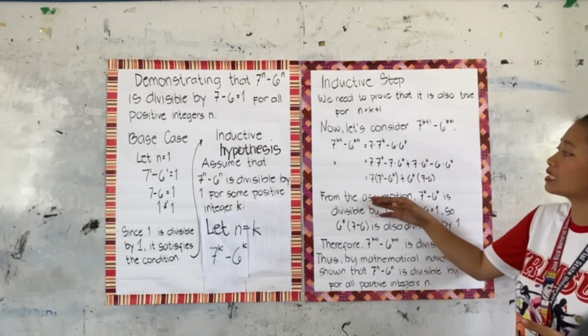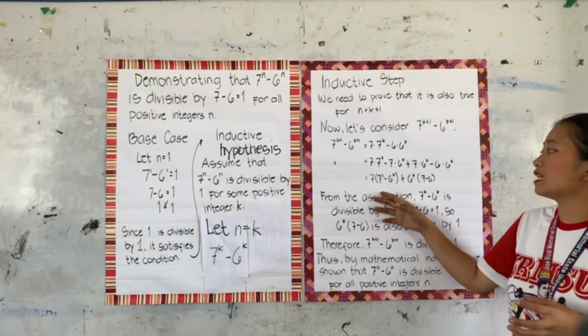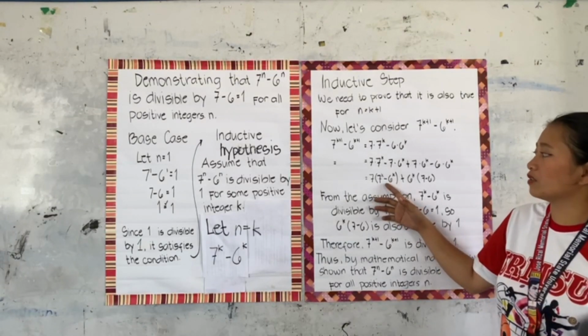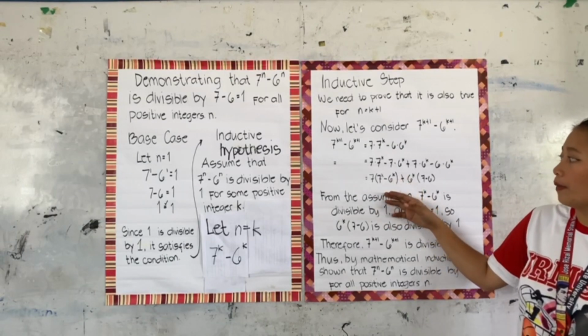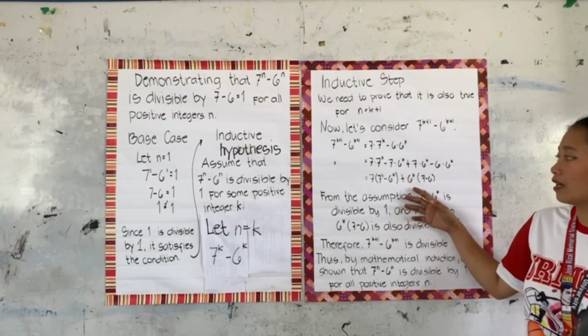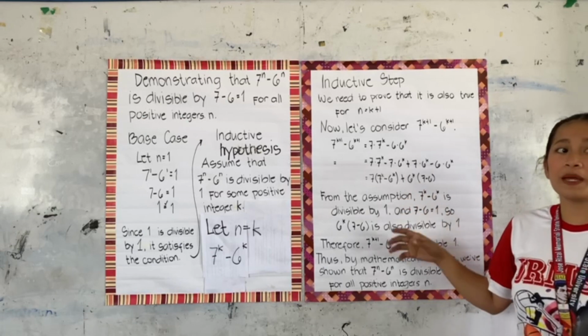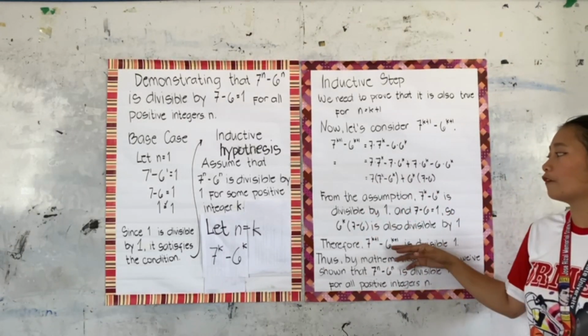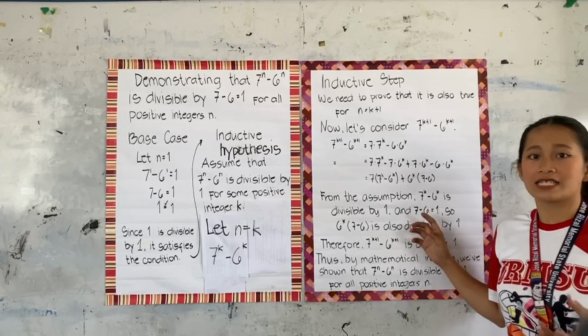So it equals 7 multiplied by the quantity of 7 raised to k minus 6 raised to k, plus 6 raised to k multiplied by the quantity of 7 minus 6. So for the assumption of 7 raised to k